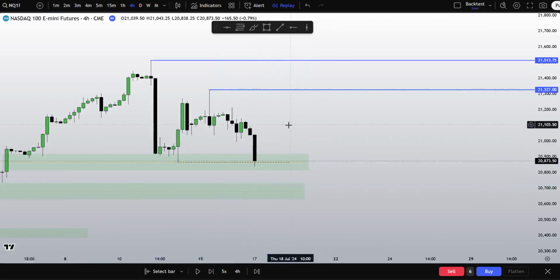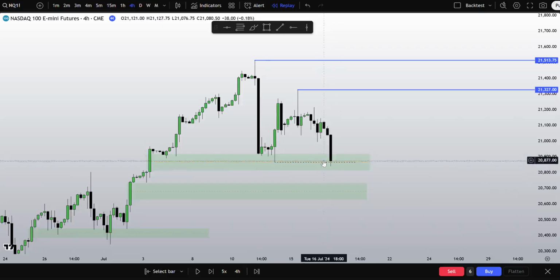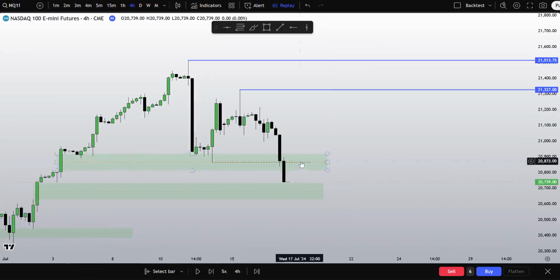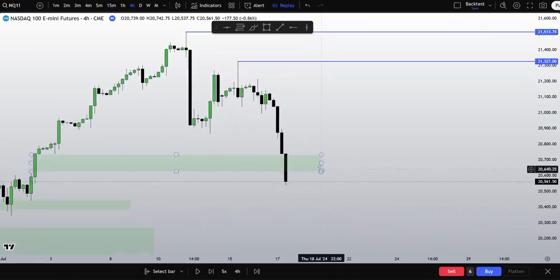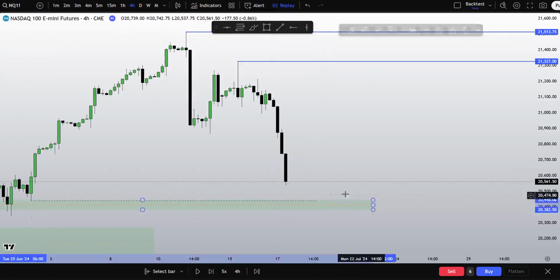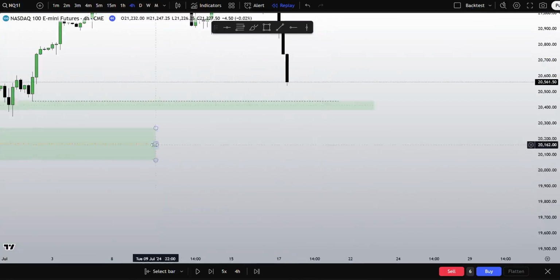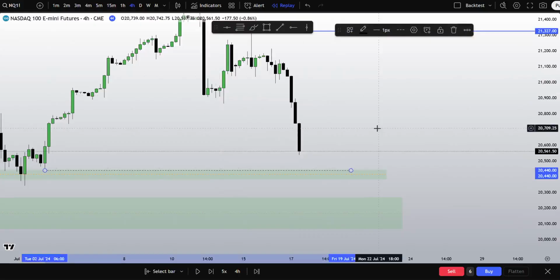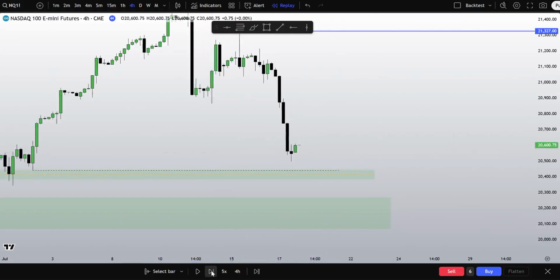Now this is where I would like to see us reverse. I would like to see us take this low, respect this imbalance, reverse, and then this high has my interest. This is the safe draw. Then that's the next one that has my interest. We don't get it. We keep heading lower. Again, it's just what's most likely to happen. So in this situation, you just have to adjust. What are we going to do? We're going to analyze. We keep making new lows. Disrespect this PD array. Okay, I want to see this low get taken, 20,440. That's where my eye is.